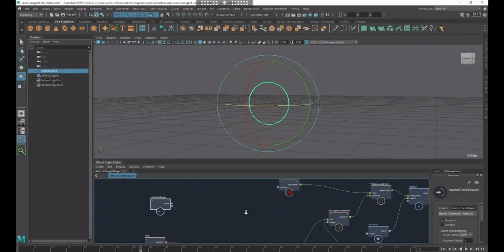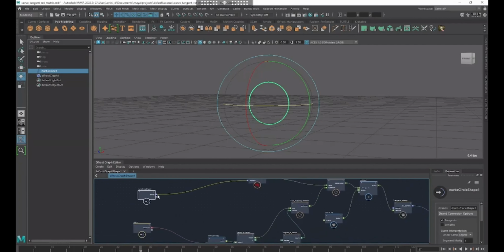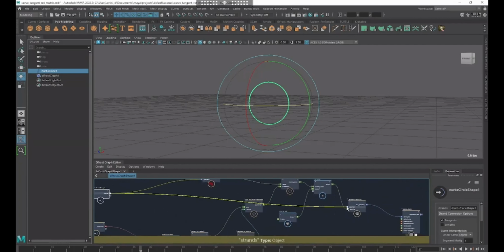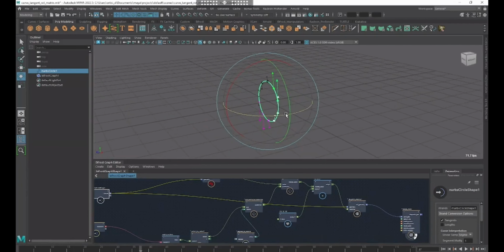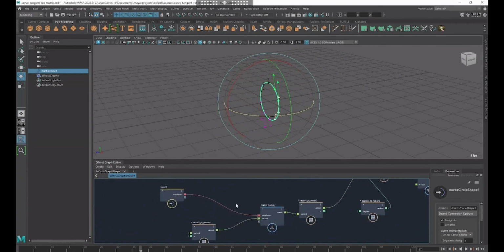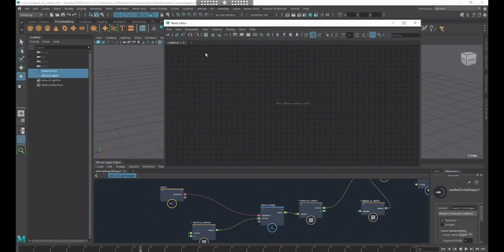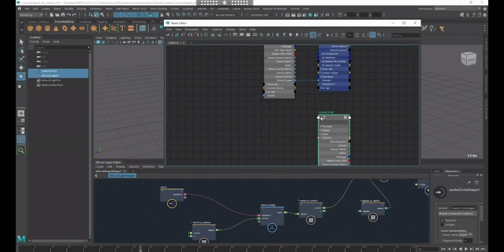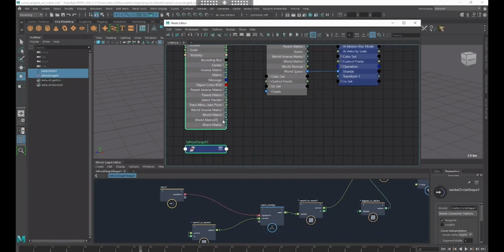So we drag the nurbs circle here, add the connection to the final set point velocity, and we get a mess, because we need to transform. We connect the world matrix, the world matrix from our nurbs circle to